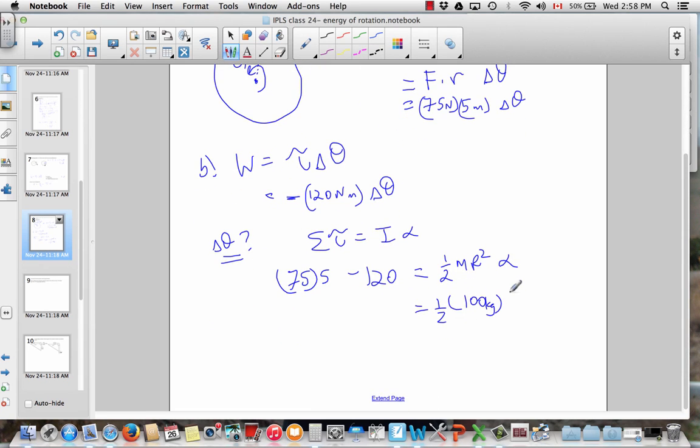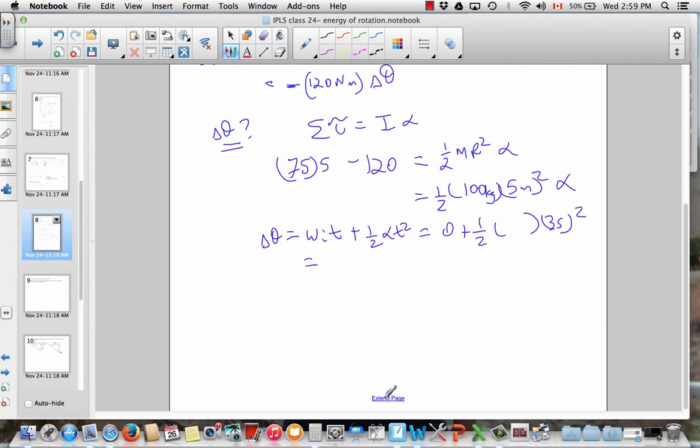And the radius is 5 meters. So you can find alpha, and then we're told that it starts at rest and it accelerates for, I believe, 3 seconds. Because it starts at rest, this term is just 0. So we're just going to do 1/2 alpha times 3 seconds squared, and that will give us our angular